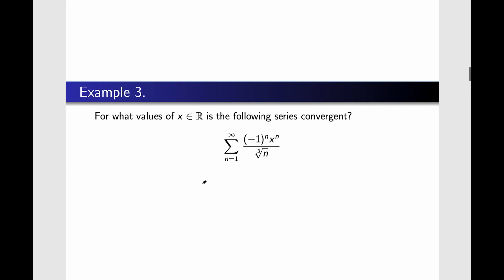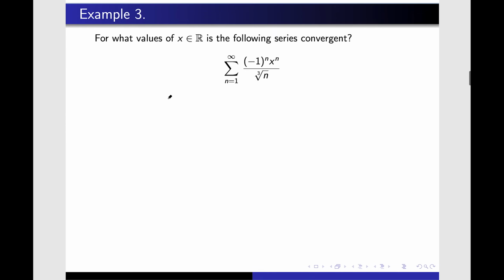All right. Example 3. Now we have this series. For what values of x is this series convergent? All right. So in my case, this is the a_n. I'm going to run also the ratio test. So this is going to be the limit as n goes to infinity of a_(n+1) divided by a_n,